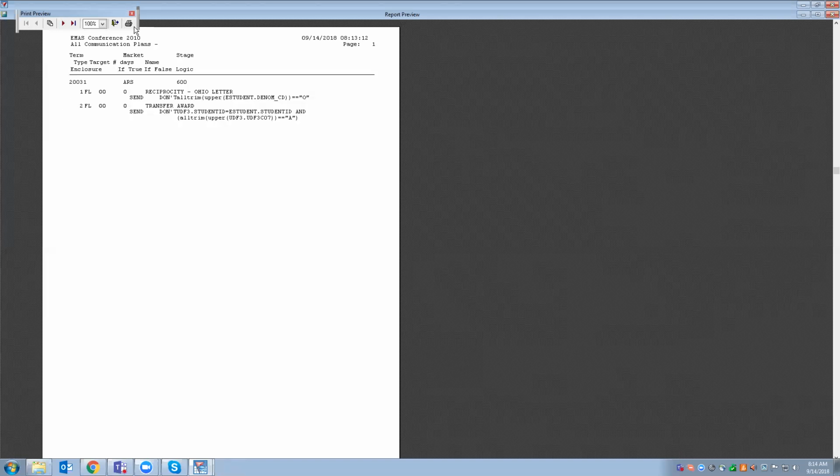If you choose the print option thinking that you can print it to a PDF, you'd be wrong. It goes immediately to the printer. So just another heads up about this report and whether you really want to print it or not. If it's 10 pages, it might be worthwhile, but if it's as many pages as this is, then you really don't want to do that. You might just want to write down the entry terms that are active in your system.